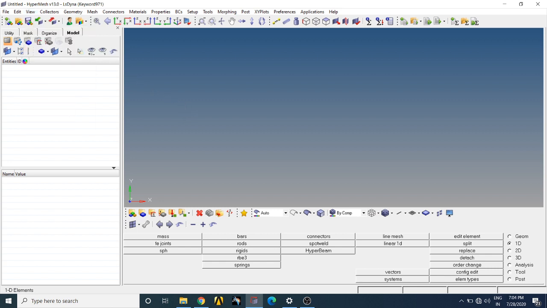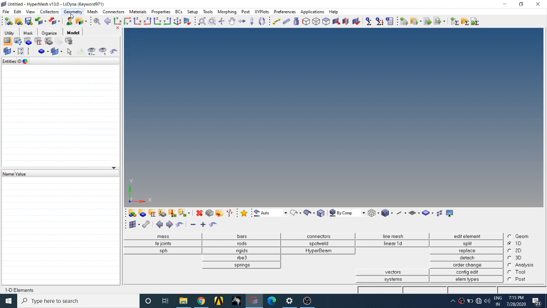Okay, the next option is Collector. Suppose you want to create any component or assembly, you can create it by using these options. Or suppose you want to create a load collector, you can create it by clicking the left button of the mouse. Like this, if you want to set a color for a component, you can use this option. Like this, many options are there. When we are modeling any component, we will discuss thoroughly.